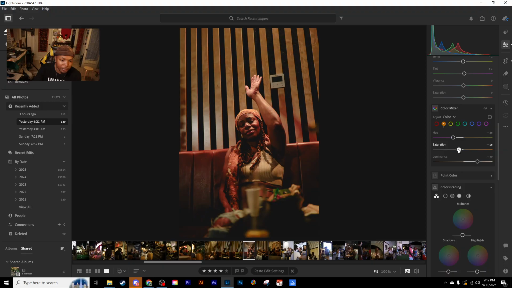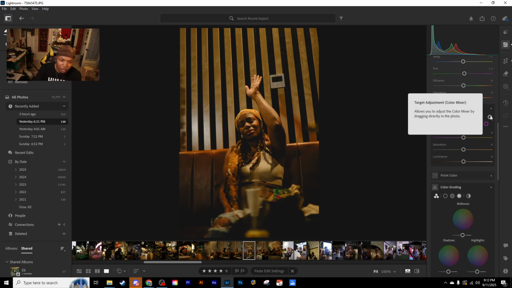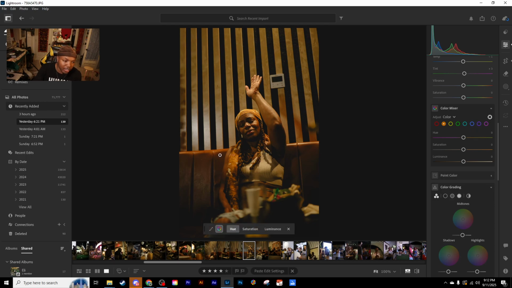Cool, right? And that just goes for everything. And it's a really cool thing to mess around with as you're playing with other colors. And what's cool is that you have this target adjustment mixer. So if you're not entirely certain what color you're trying to adjust, you just use your target adjuster, click that